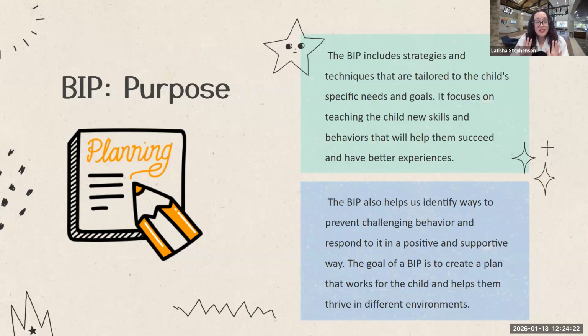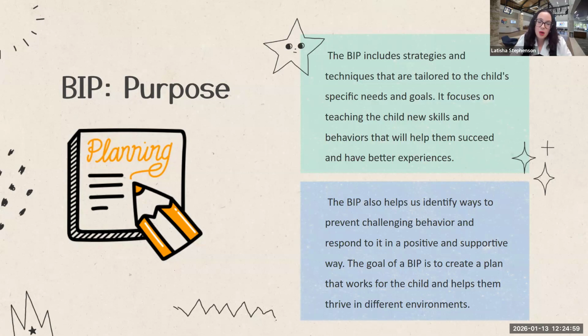Great. So if that starts happening, if your palms start sweating, that's when you have to say, oh, when my palms sweat, that means I'm starting to get nervous or I'm starting to get frustrated or I'm not liking the situation I'm in. That's a good time to utilize one of my strategies that I learned: asking for help, asking for a break. It could be counting to 10, taking deep breaths, any of those things could be a strategy that a child could use. We just have to make sure that we're teaching our students those strategies if that's an area of need.